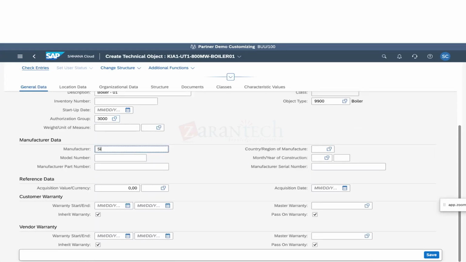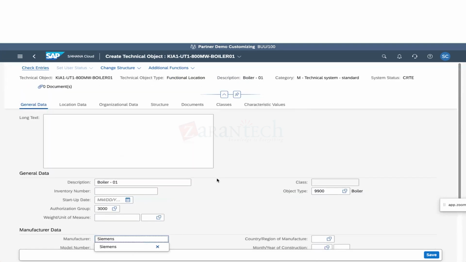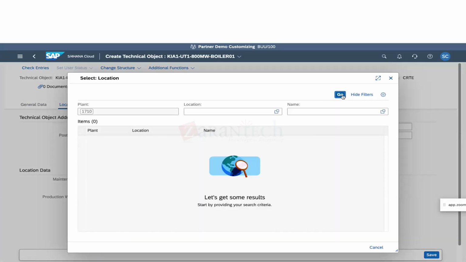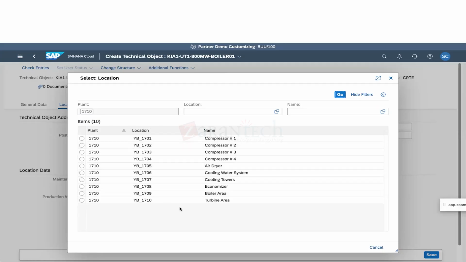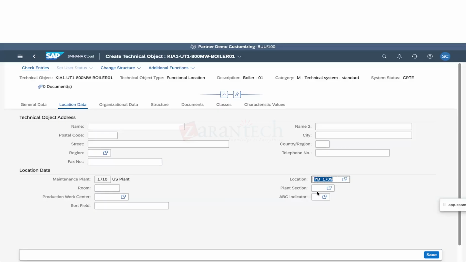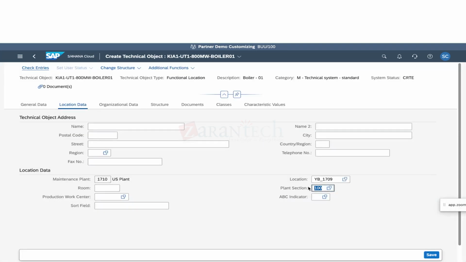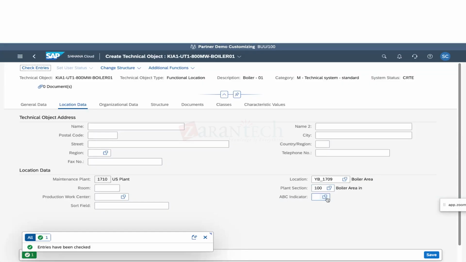Is there any manufacturer? As I said, Siemens boiler, assume I'm mentioning the name Siemens. Go for your location data, everything is fine. Here I'll go for the location under 1710, the organization level we have created, right? The standard we have seen. Assume boiler area, I'm selecting that, or we can create our own. If I go for a plant section, under plant sections and production area, see here we have created a plant section called 100 and 101. So I'm selecting this 101 or 100. Anyone you can select. This is responsible for